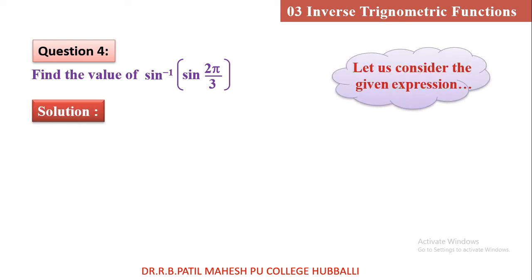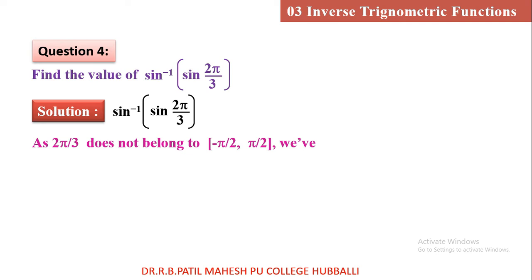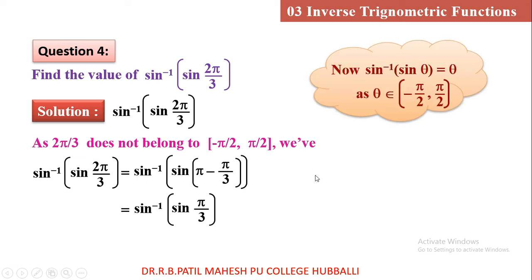Then you should simplify. Take the expression sine inverse of sine 2 pi by 3 and check. 2 pi by 3 definitely does not belong to minus 90 to 90. Hence this answer is not 2 pi by 3. You should simplify 2 pi by 3. I am writing that 2 pi by 3 as pi minus pi by 3. Hope you are understanding. So now sine of 180 minus theta, sine of pi minus pi by 3 is sine pi by 3. Sine inverse of sine pi by 3, sine inverse and sine get removed now. The answer is pi by 3, because pi by 3 lies in the range of sine inverse. Hence the value of this expression is pi by 3.